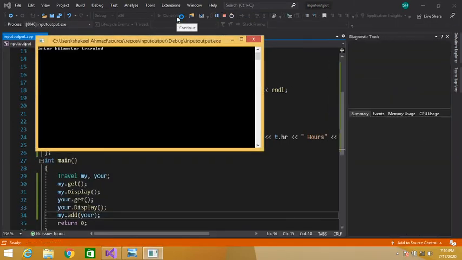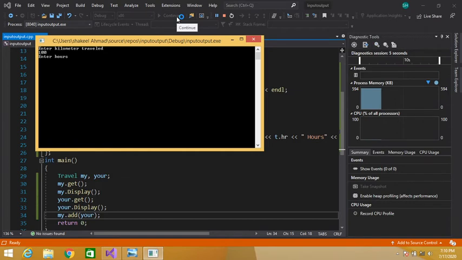Enter kilometers traveled, let's say 100. Enter hours, let's say 2 hours. You traveled 100 kilometers in 2 hours. Now first we have used my object to get values and display values. Now our control is here, calling this get function using your object. So let's say 300, enter hours, let's say 3.